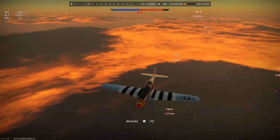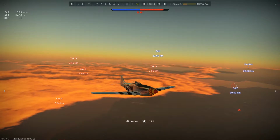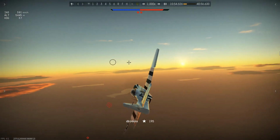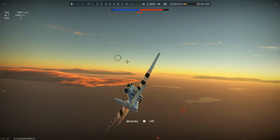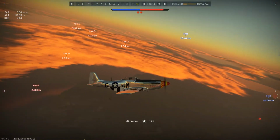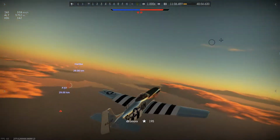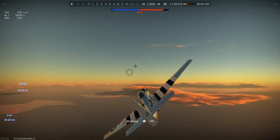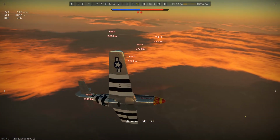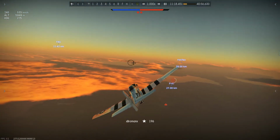I mean, you do get really low speed when you use the maneuver, so it is more or less a low speed maneuver against Yaks. And I'm flying the P-51. If you would have suggested to me that this would work, I would compare that to everything that I've heard, and would not believe you at all, because everything you ever hear about flying the P-51 is stay fast, don't turn with Yaks, don't try to stall fight Yaks. This is sort of counterintuitive, but